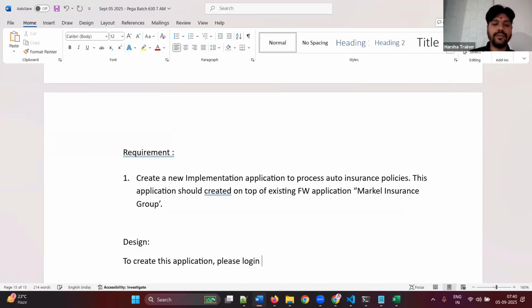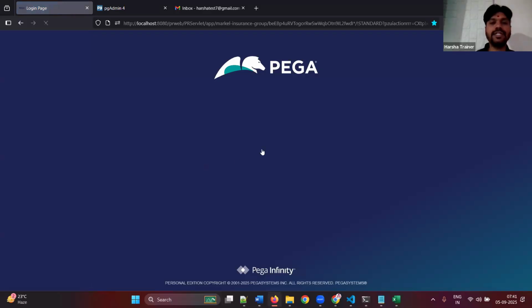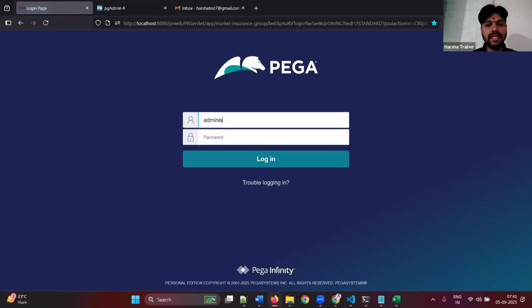please log in using administrator@pega.com, install is the password. These credentials only you use. Don't use your framework application to create implementation application, because as a beginner, you don't know so many things. It will give you something connected manner, which you cannot understand at the very beginning. That's the reason why I want you to log off from the framework application. Again, log in using same credentials of administrator@pega.com, password install,